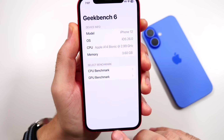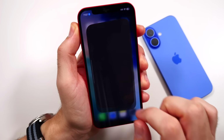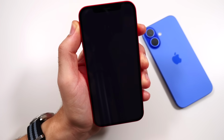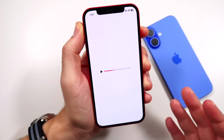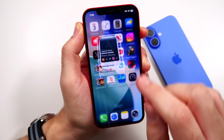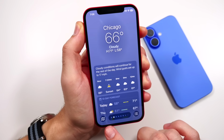You can see it identified right there at 3.60. If I do hop back between these applications, you'll see that the applications are holding pretty well until we get to RTS. And Subway Surfers held itself. Dead Trigger 2 is going to get a relaunch here. And as we go ahead and hit play, we would have to relaunch that game. So definitely this phone is going to have some reload issues if you tend to switch applications frequently, especially if they're more than just basics. Basic apps should hold pretty decent, as it is 4 gigs of RAM, but you really need 6 and up to start holding more applications